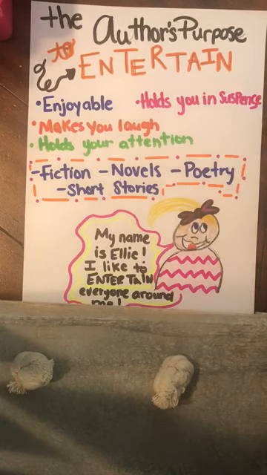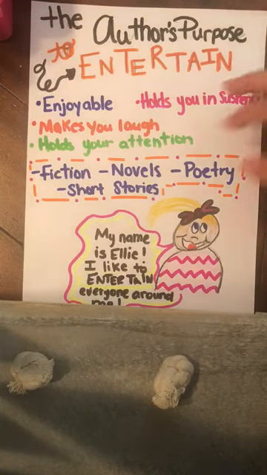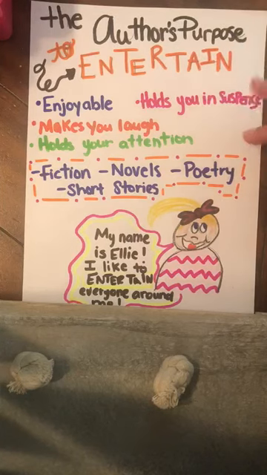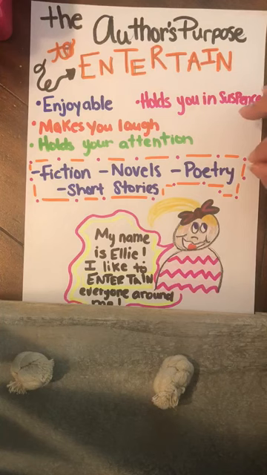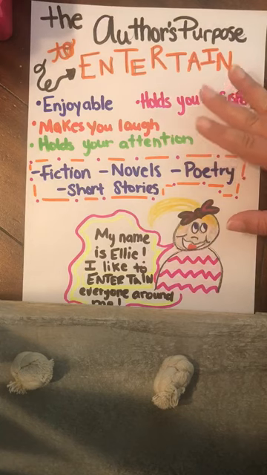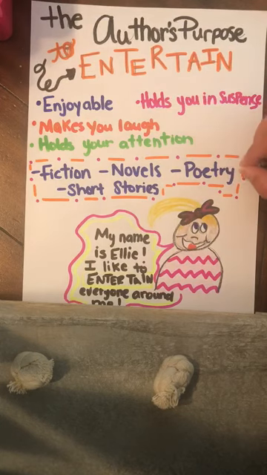aspects of your book. And think about, whenever you're answering the question, how can I explain my answer? What was the author's purpose for writing Henry and Mudge, and how can I explain my answer? Okay. Remember that you are going to write complete sentences. They should start with a capital letter. You should have finger spaces in between. And you should have punctuation at the end of your